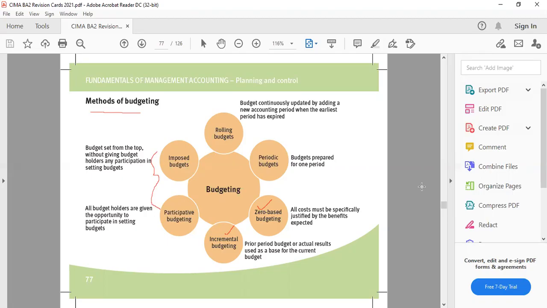For the year, prepare it as quarter one, quarter two, quarter three, quarter four. Because periods are not uniformly the same, budgets are prepared for shorter periods of time. So if a budget is prepared for quarter one through quarter four, then when time passes by and the first quarter ends,